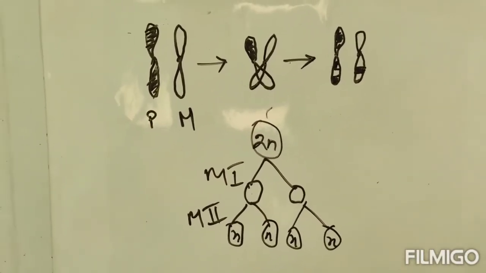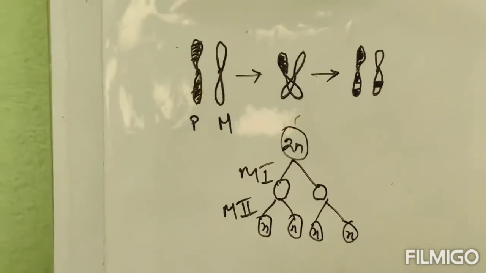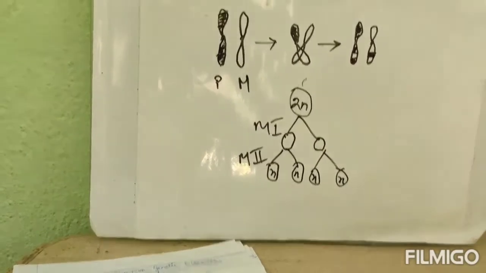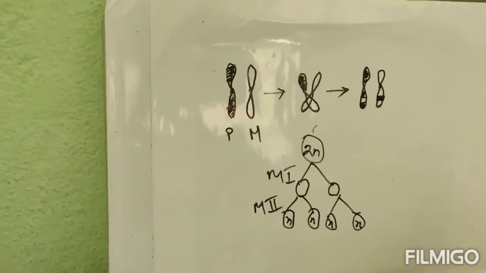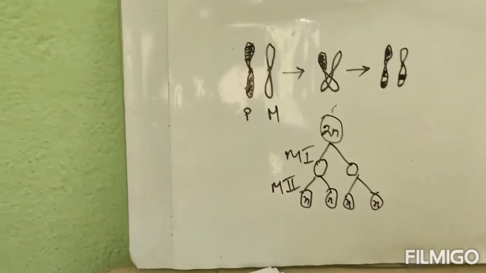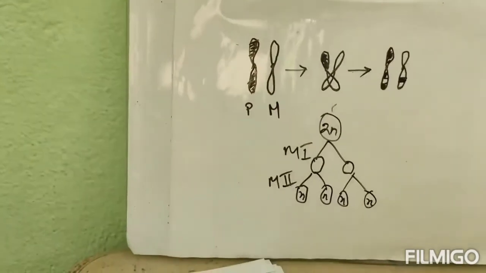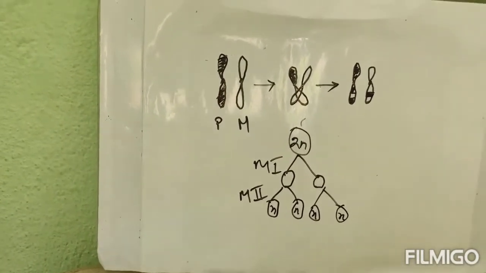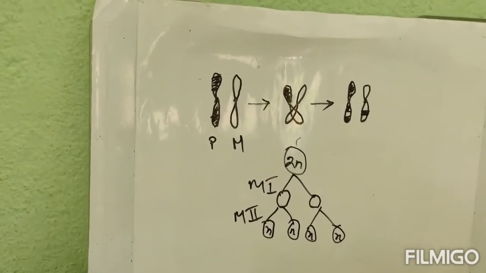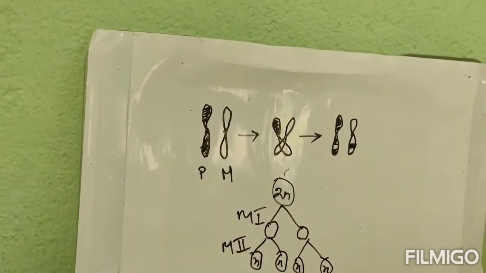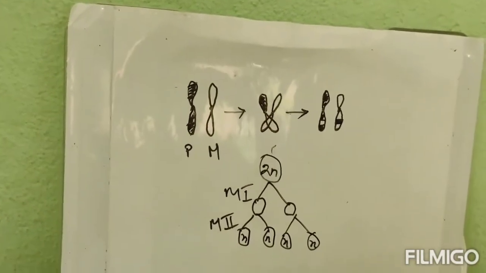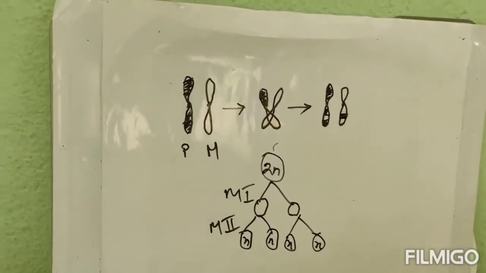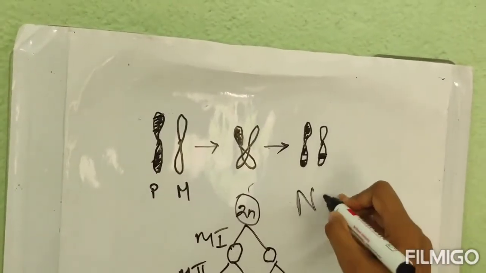Next, what is metastasis? This is already given in your book. The movement of the cancerous cells or tumor cells from one place of the body to the other is termed as metastasis. Understood? Next, differentiate DNA and RNA. This is already given in your book, so please follow that page. What is nucleolar organizer region? This is also given in your book, nucleolar organizer region, or in the short form we call it NOR.